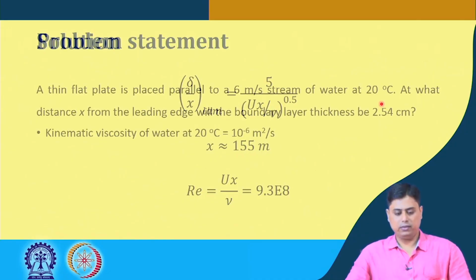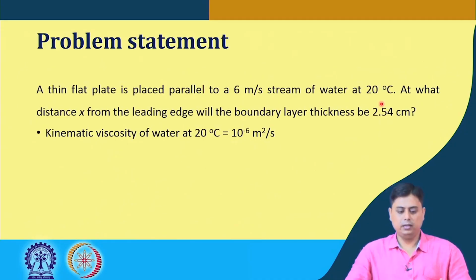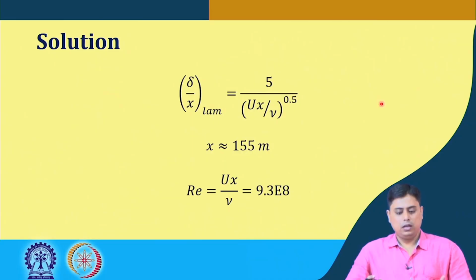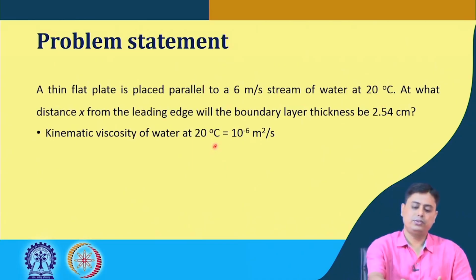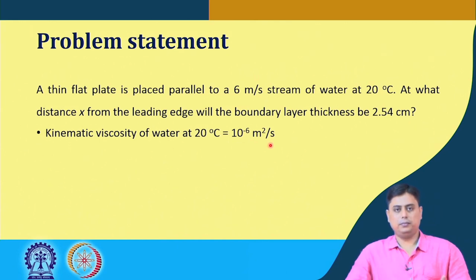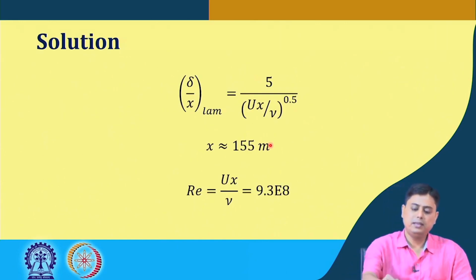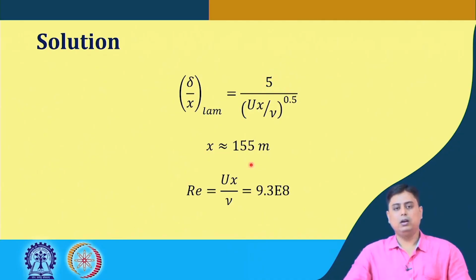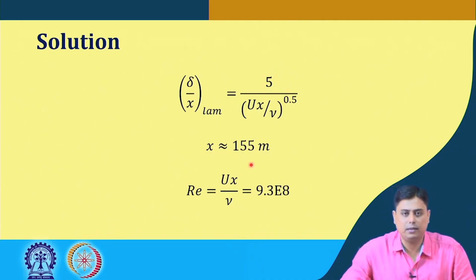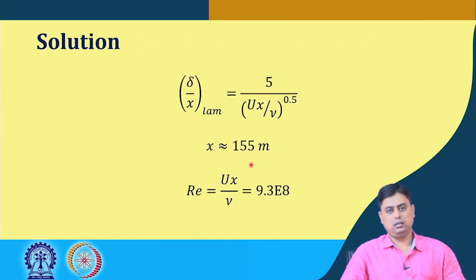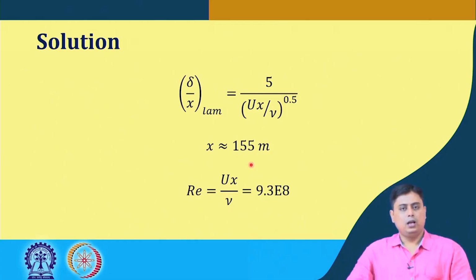U value is given here as 6 meter per second. Nu, which is the kinematic viscosity, the value is straightforwardly given here. Okay. So, if we replace this value, we calculate x and get a value of 155 meter,